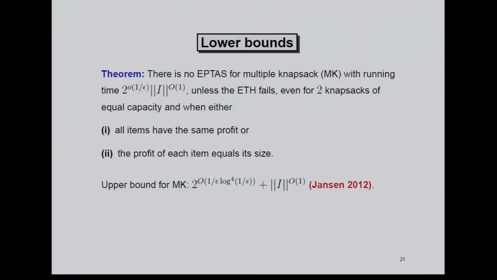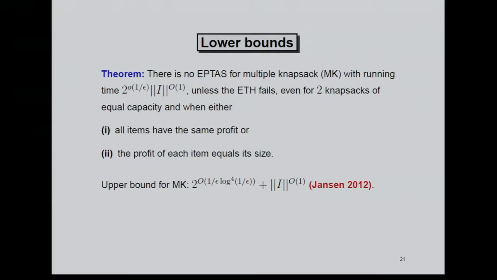So now let us switch to approximation schemes. I worked a lot on approximation schemes for knapsack or also scheduling problems, and I wanted to know, are there lower bounds for this? For some problems it was easy, for others more complicated. The first thing is the multiple knapsack problem. So you have several knapsacks, maybe of different capacities. You want to find a subset of the items that fit into the knapsacks while maximizing the overall profit. There is an algorithm that I developed some time ago that has a running time 2 to O of 1 over epsilon times some log factors.